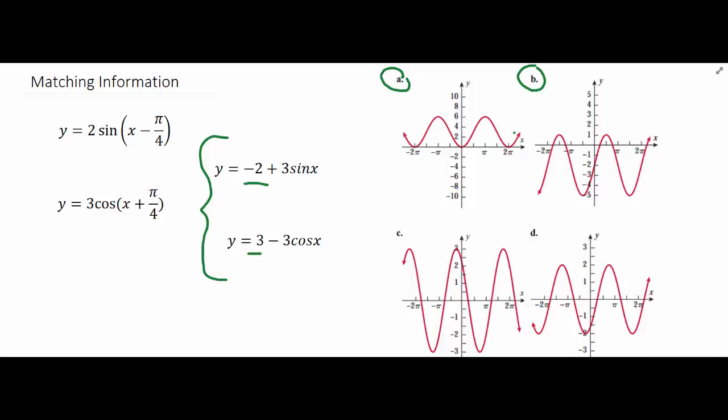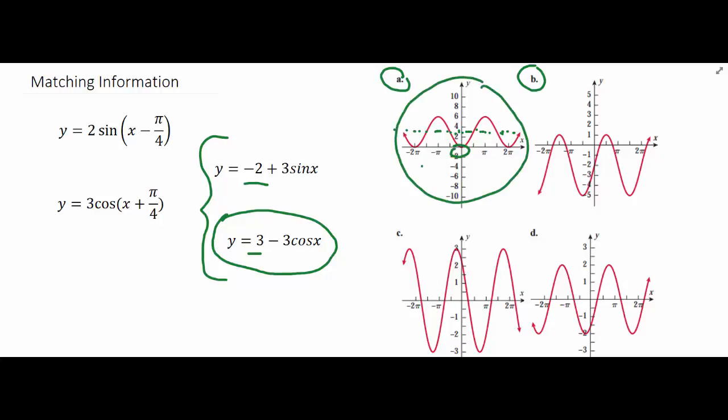And so this graph here is centered at +3. If we draw a little line here, you can see that it's +3. And then it has an amplitude of 3. Well, that would be this graph. So this is shifted vertically 3, and it has an amplitude of 3. And the negative means that we're flipping the cosine. So instead of it starting at the top, it's now starting at the bottom here. So we know that these 2 are a match,